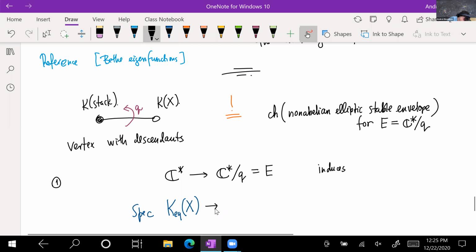There is a map to the spec of equivariant K-theory, elliptic, the same group, the same equivariant, the same space X. So then for